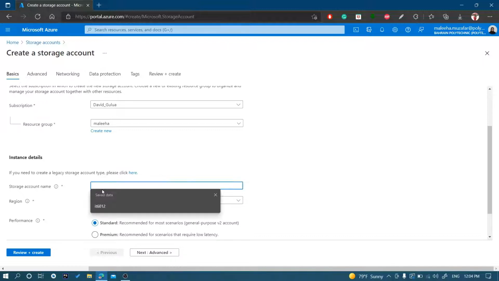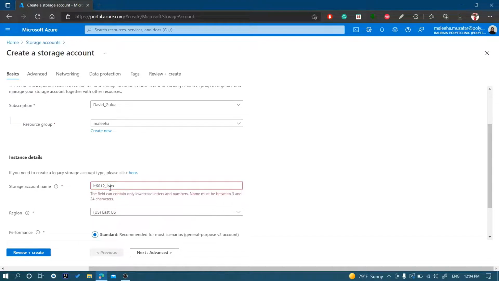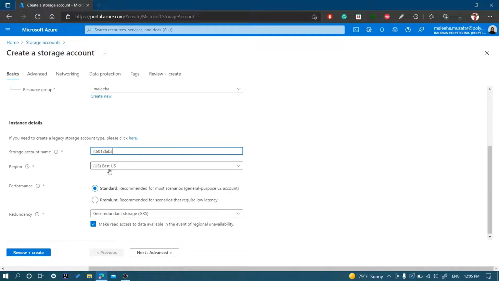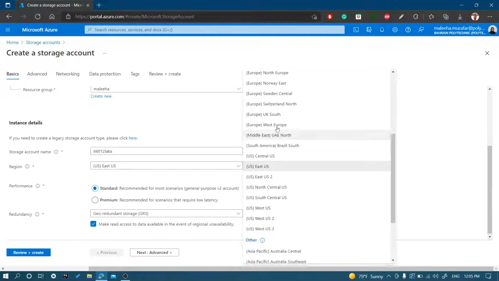So I'm going to name it, let's say, IT6012 labs. I think underscore is not going to work. No, okay. Okay, IT6012 and then labs. Or if you want to create it for your project, you can just name it as project as well. Right now I'm going to name it labs, and I'll probably pick West Europe,